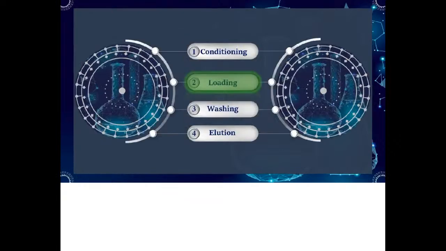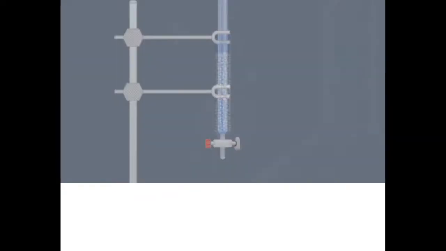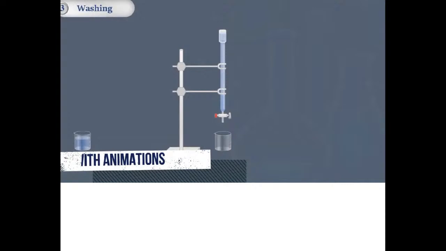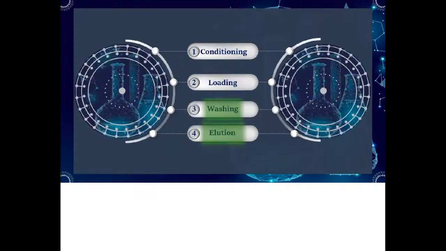When all the sample has been loaded, the next step is column washing. The column is washed with start buffer to ensure that all non-binding proteins have passed through the column. When all the sample has been loaded and the column washed, conditions are altered in order to elute the bound